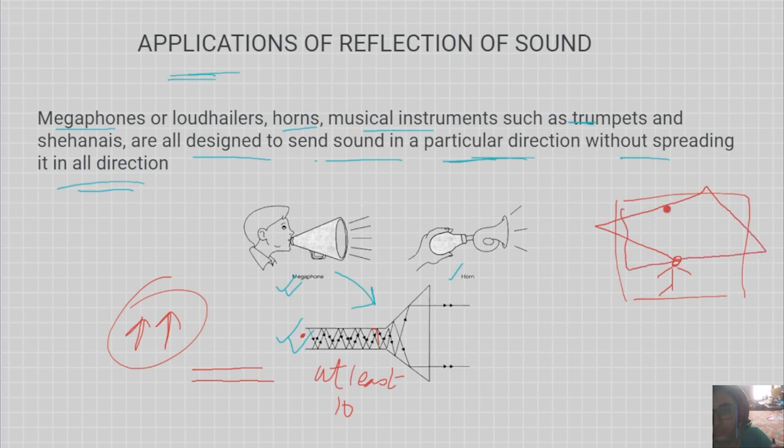So when it is traveling from one point to another, its intensity is automatically decreasing because there's air friction and a lot of other factors. But when it is a confined space like that of a trumpet, as you can see, it does not take that much time to be reflected, right? It's happening immediately within milliseconds. So that is why the intensity is remaining intact.